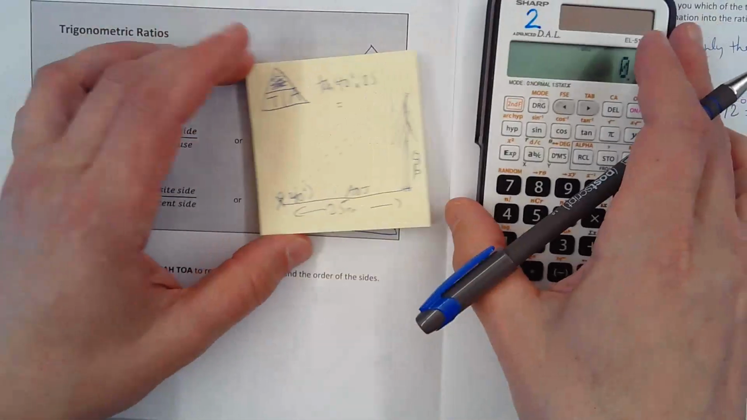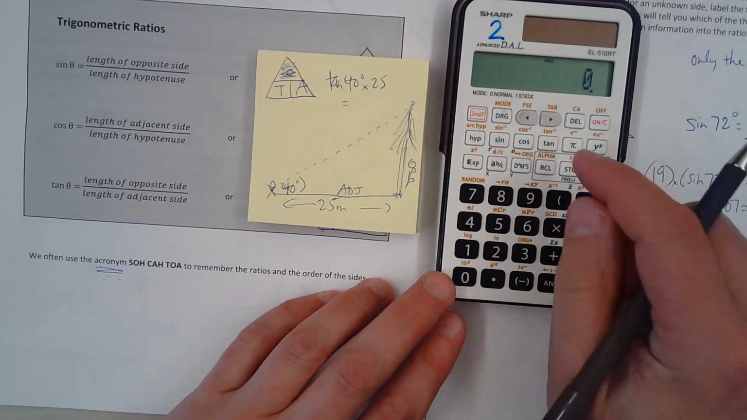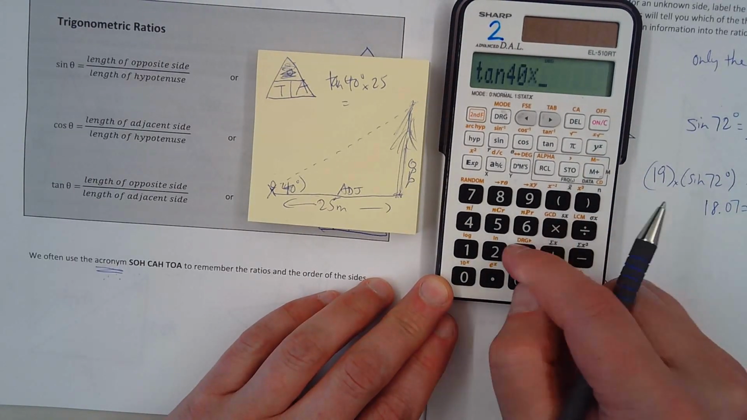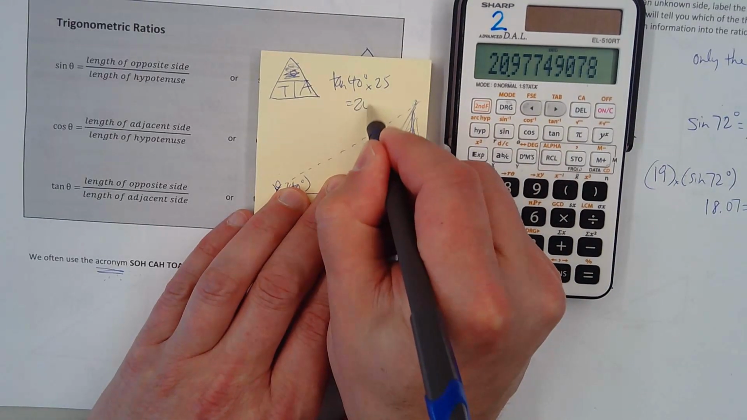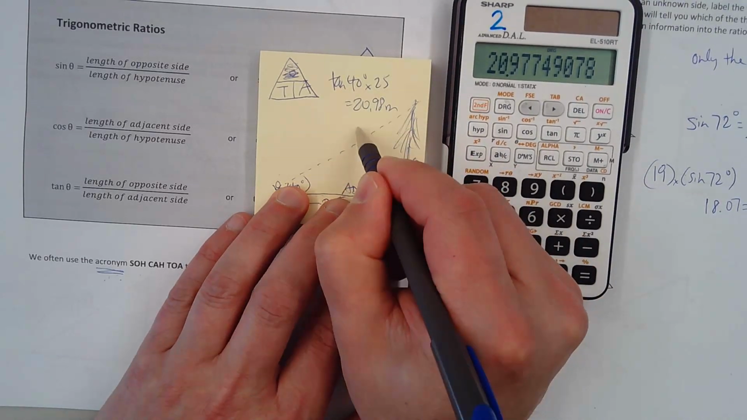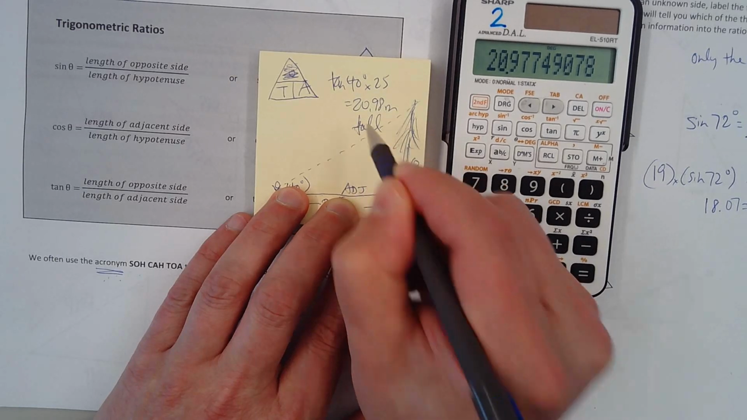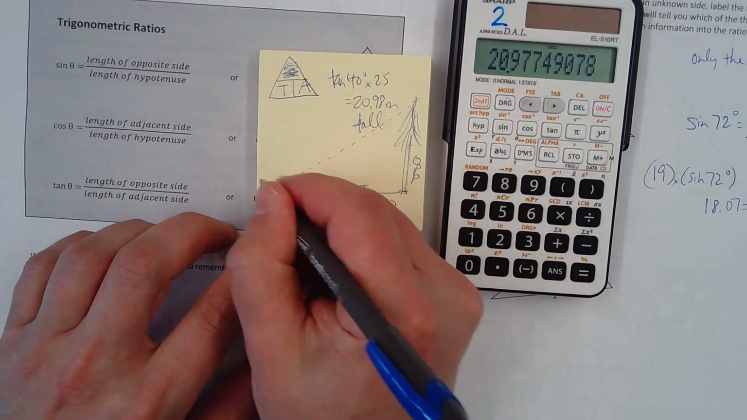Depending on your calculator, for some of you that might be 40 tan, then 25. But for me, tan 40 times 25, and I get 20.98 meters tall, which is just over 60 feet tall. Neat. And then if I had a house right here,